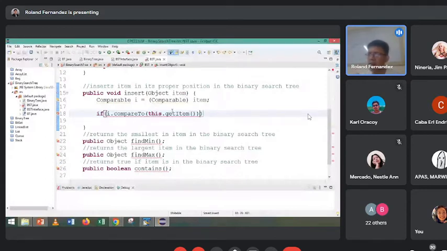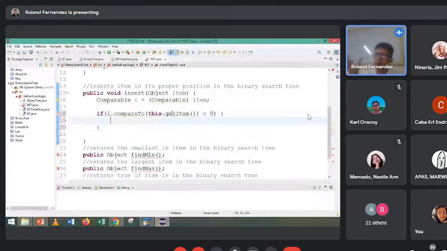So if the item is lesser than the one that we are comparing, so let's say less than 0, if it is less than the root that we are trying to compare, then what we're going to do is